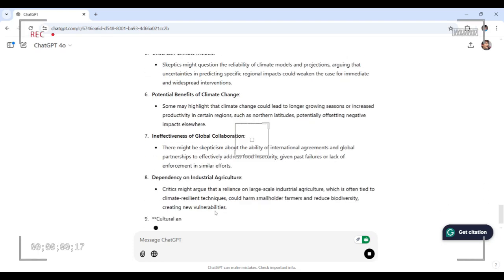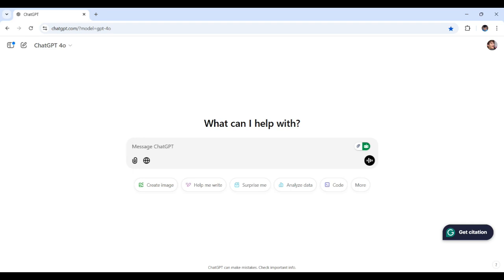Let's jump right in. All right, let's dive into the first step, finding your broad research area. This is where you take a general topic and begin exploring subfields or angles that could become the focus of your work. For this example, let's imagine you're interested in climate change. That's a vast topic, right? It can cover everything from policy changes to ecological impacts and even social consequences. But where do you begin narrowing it down?